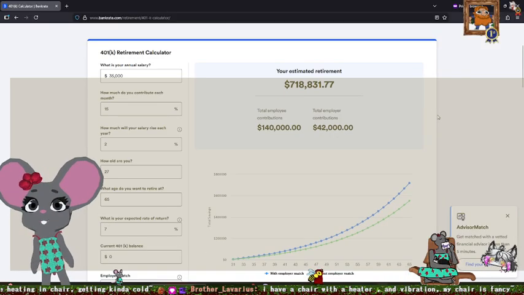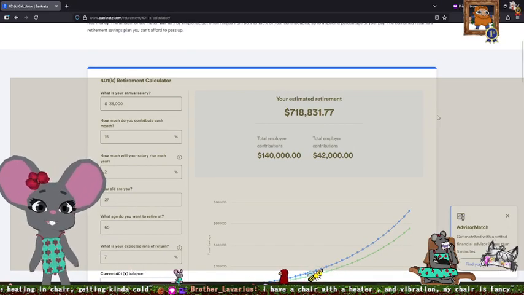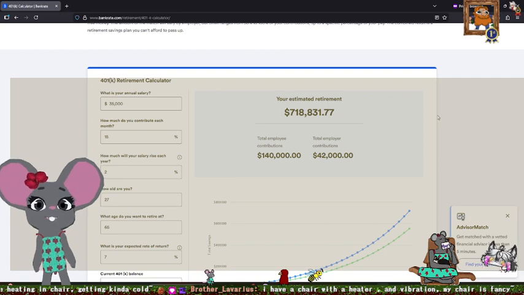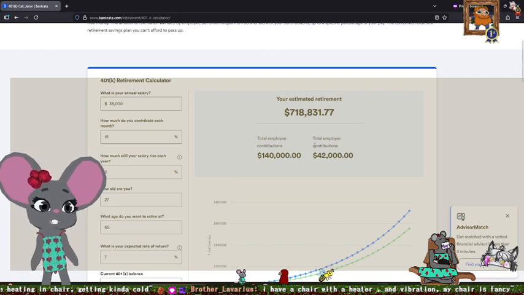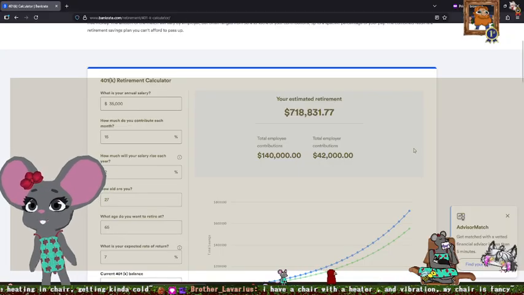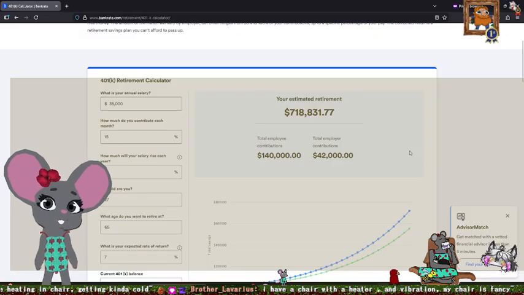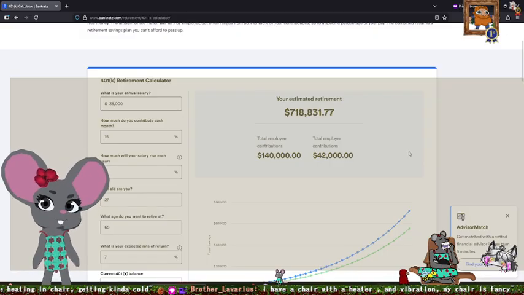This is huge. Do not skimp on this, especially if your employer is matching contributions. Because if you don't take advantage of your employer matching contributions, you're leaving money on the table. You're missing out on free money.